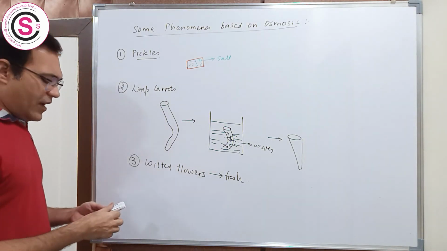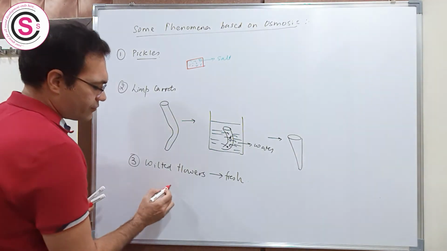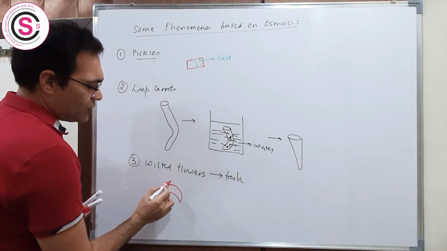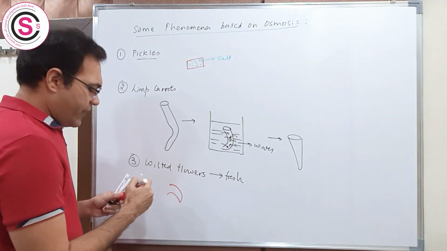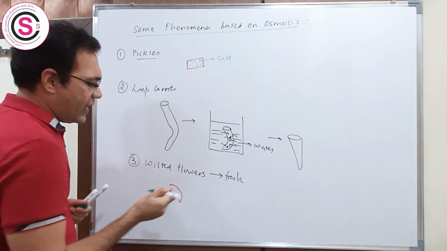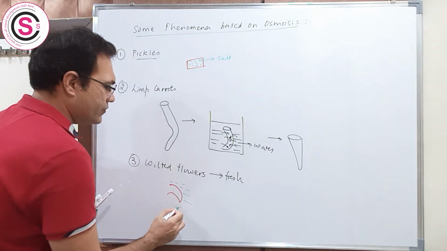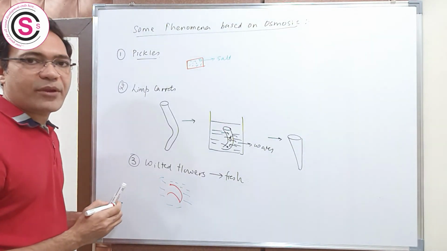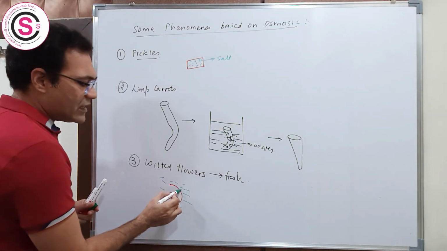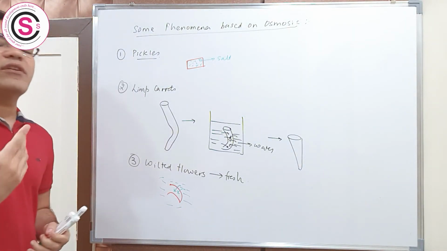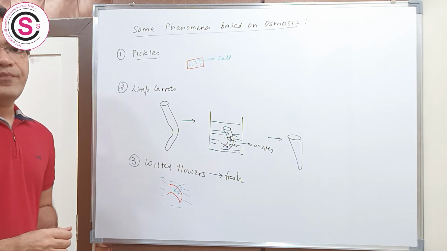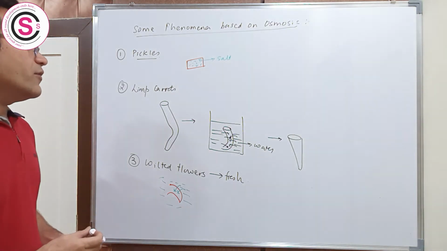See, wilted flowers. Suppose this is a petal of the flower I am showing you. This wilted flower, when it is kept in contact with water, what will it do? It will start absorbing water by the process of osmosis and it will turn into a fresh flower. Okay, then the fourth example